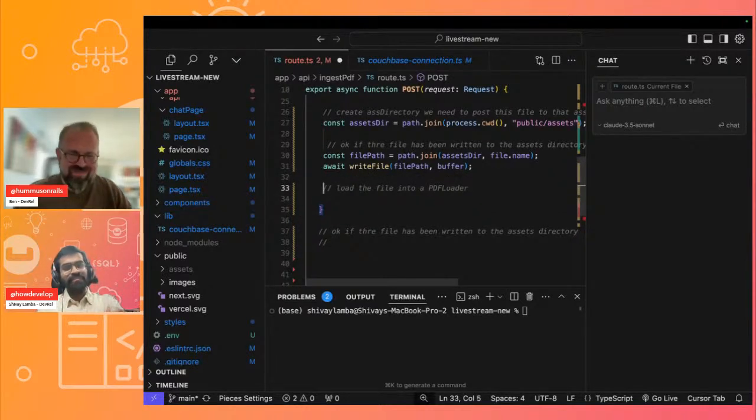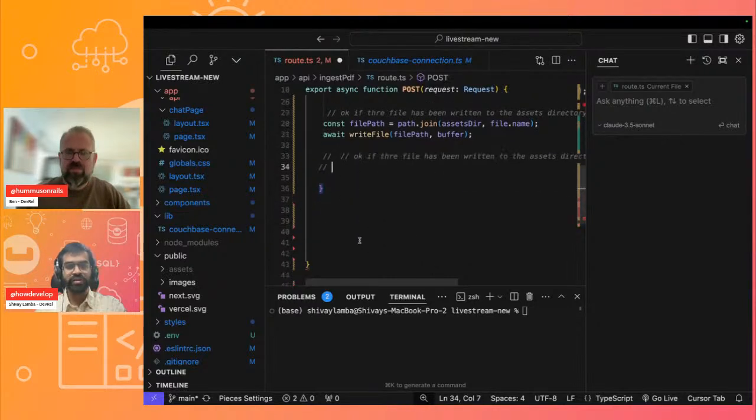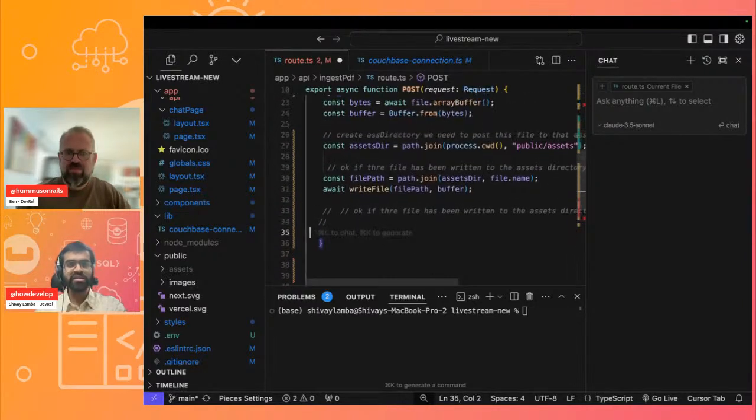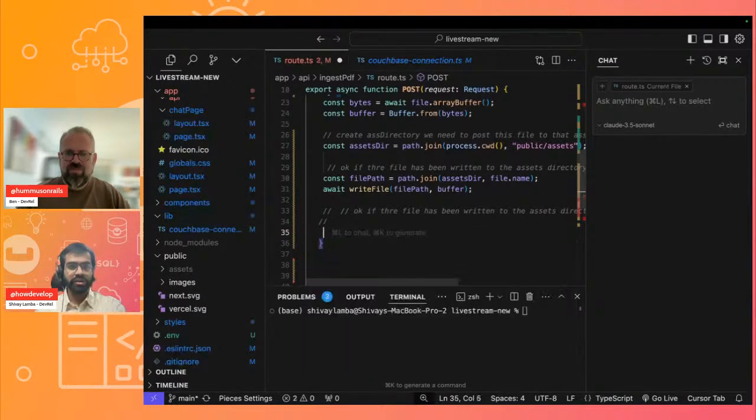So now we have written the file. Now let's create a simple method to confirm whether the file has been successfully written or not. I can probably copy this over here and paste it. So let's confirm if our file actually has been created. What we also want to do is import a couple of other things,